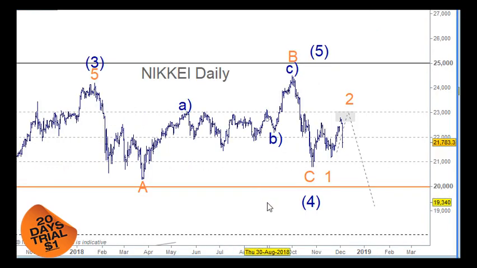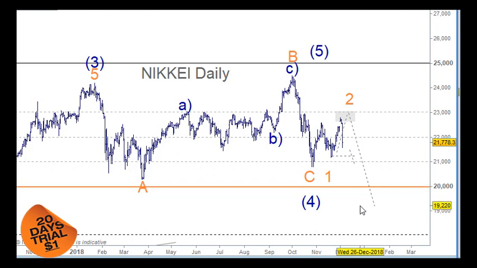So, yeah, this is the thing here: I could count this wave 3 over here with an A wave, an A and a B and a C here for the B wave, and down for the C wave here of wave 4, and have that finished here, and that's fine. And then we're looking at this moving up here. So this has moved up in a corrective fashion here. It could still be impulse in terms of wave 1 and 2, and then wave 1 and 2 here. But if it takes out this low here, then it's confirmed that we've got it as a corrective pattern.